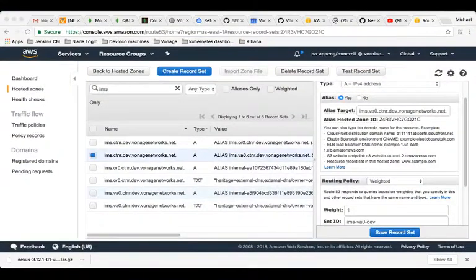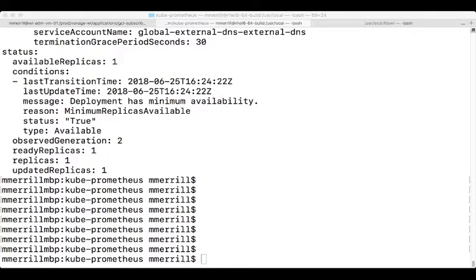So that is manual for right now. So that's really how to do it. So let me show you what goes on from the command line. Okay, so if I do a dig on ims.container.dev.manage.networks,